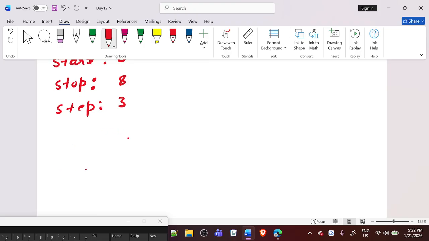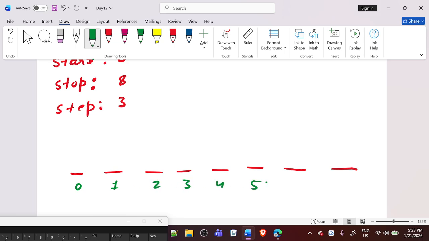So how many steps? 0, 1, 2, 3, 4, 5, 6, 7. So this is the indexing 0, 1, 2, 3, 4, 5, 6, and 7, because we are starting